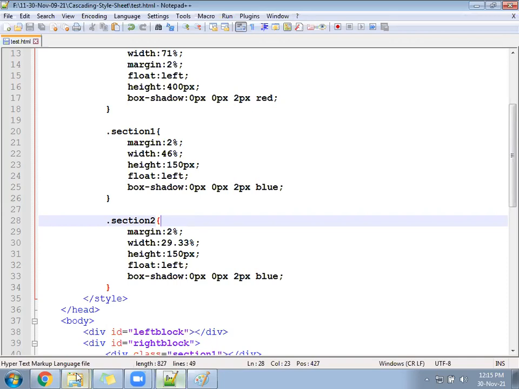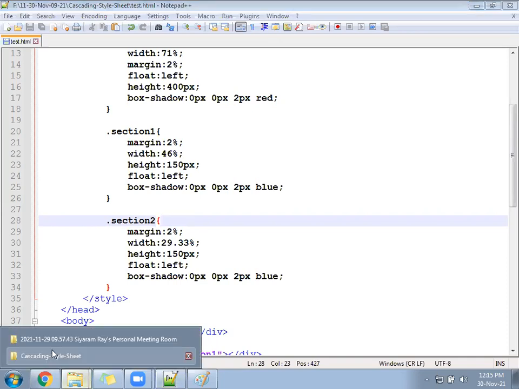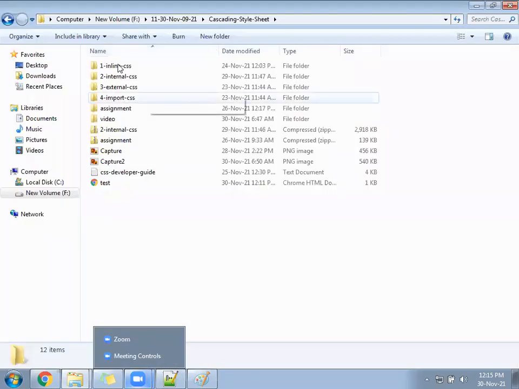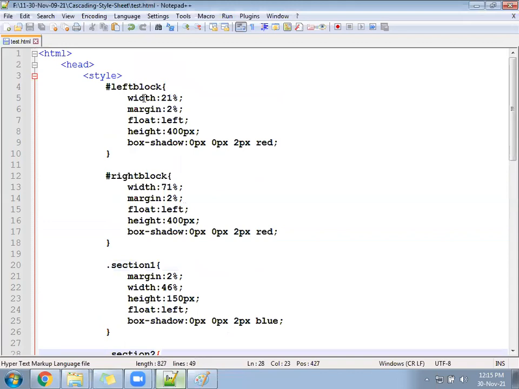See, in this, whichever I have explained, whichever we have covered, suppose today I have written this line, any line you tell me, width related, we have example width.html, height related, we have example height.html, float related, we have an example ready.